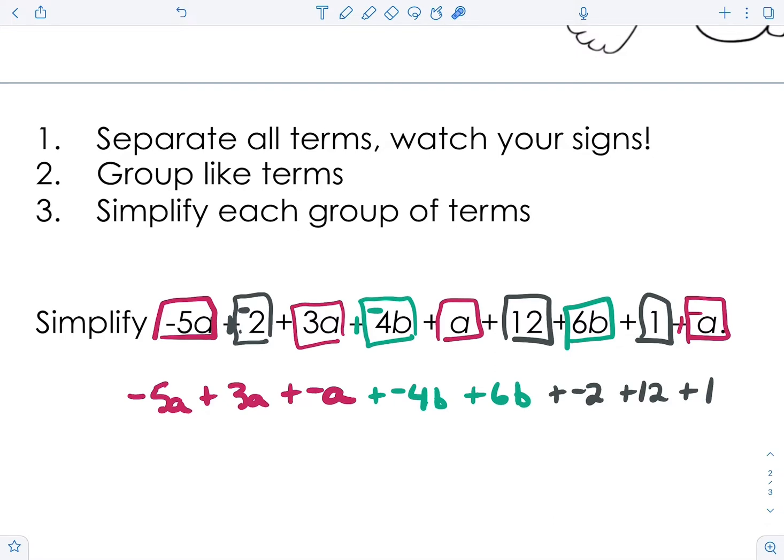And now that we've grouped our like terms together, we're going to simplify each group of terms. So we're going to start with our a's. Negative 5a plus 3a minus a. What this should give us is negative 3a. And then negative 4b plus 6b. Remember, that's just negative 4 plus 6, right? Which gives us